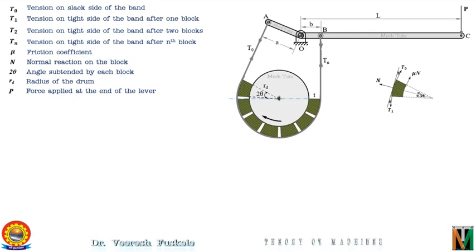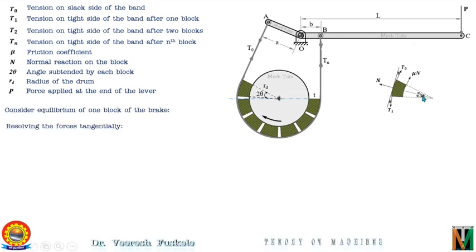Therefore, the force of friction on the block will be in the clockwise direction, that is, in the direction opposite to the direction of the friction force on the drum. This means that the friction force on the block will be in the direction of rotation of the drum. Now, having seen the forces on the single block, let's consider the equilibrium of the first block and resolve the forces